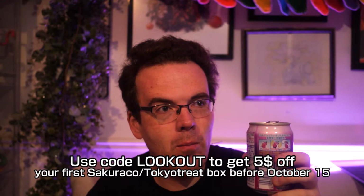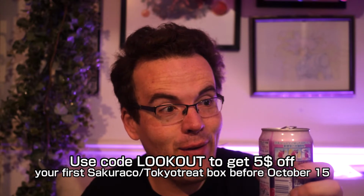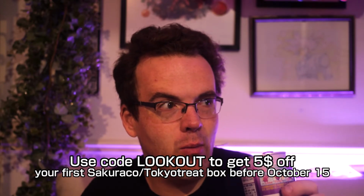There's actual jelly in there. What? Oh, I see. I was supposed to shake it. Carefully shake it while I've got the actual lid open. I've never had that one before. Jelly inside of a can. Wow. Still grape soda. I'm not really a big fan of it, but that texture is just, what? Makes you feel like it's...